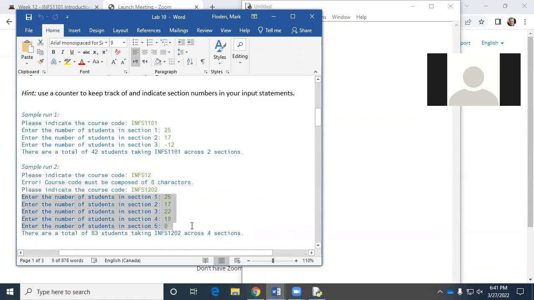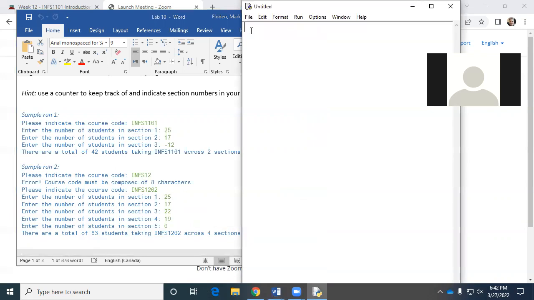And then all of this is implemented in another while loop. So our program, in order to achieve this, you can see by looking at the run that we need 2 while loops. One counts section by section, and one doesn't allow you to have a code which is wrong. So this is an error trapping loop, and this is just our ordinary loop. We count the total number of students and the number of sections. That's not going to be hard to do. Let's implement that in